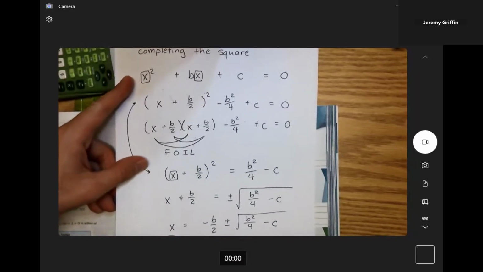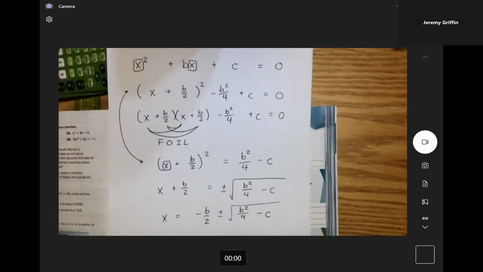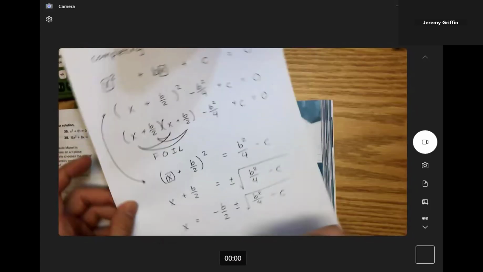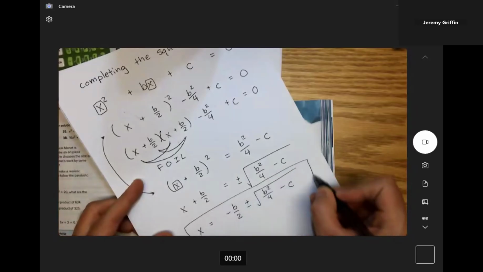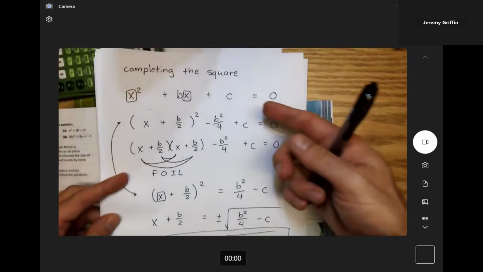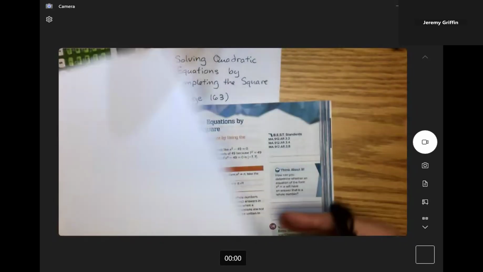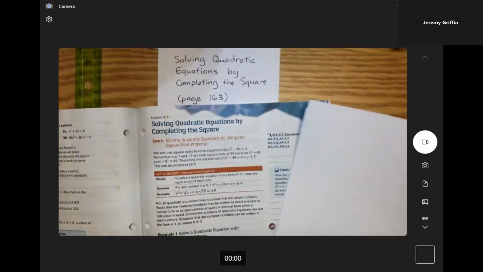Okay? Now, what if there was an a? You'll see some of those examples later. But once you see how this all sort of connects, all right, so that would be the answer for x. And again, because of this plus or minus, I could get two solutions, as you would expect from a quadratic. Right, so let's jump into the book examples, and then I have some puzzles from the main part of the